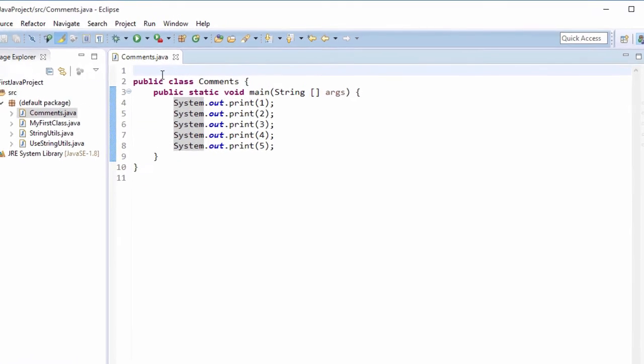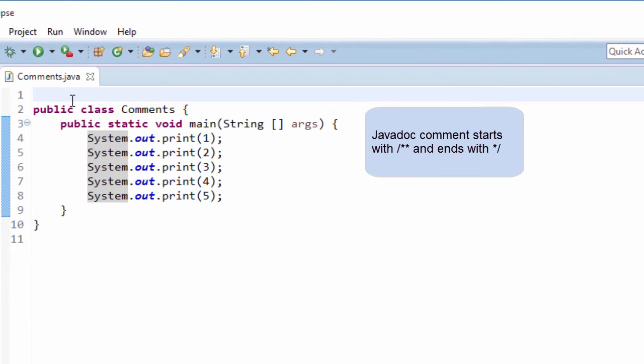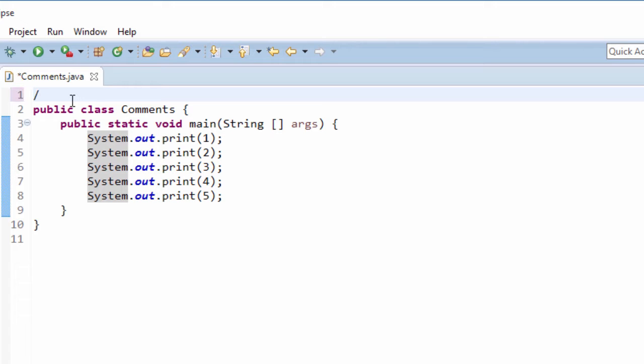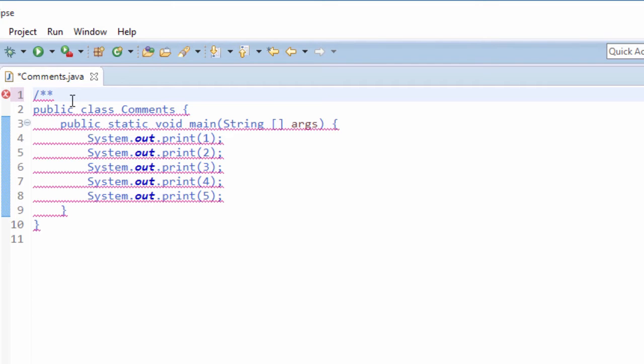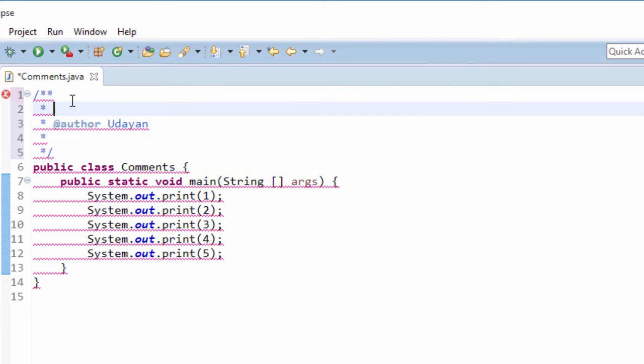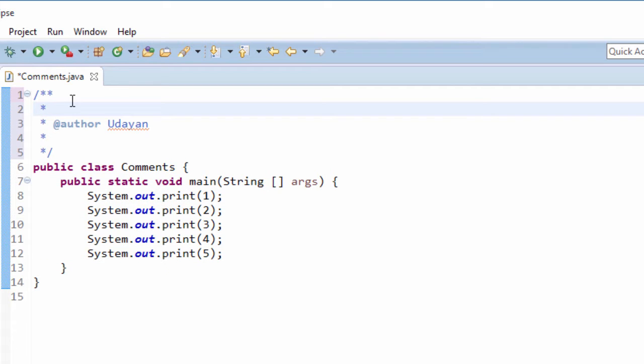I'll first add Javadoc comments for this class. Javadoc comments start with a forward slash followed by 2 asterisks and end with asterisk followed by a forward slash. Type forward slash asterisk asterisk and press enter. Eclipse will complete the comment section for you. Now start typing the comment. This is the comment for the class.